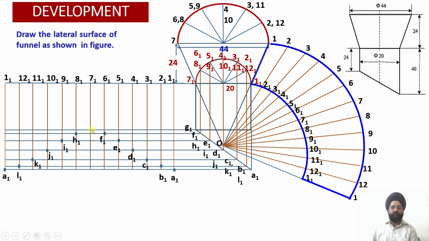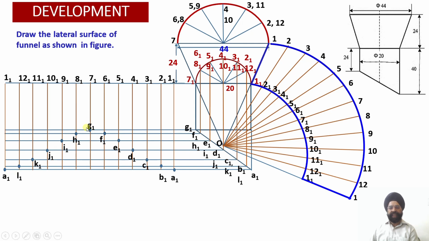And finally, the last point corresponding to this cylinder is G1. Where does G1 lie? G1 lies on the vertical generator 7-1. This is the point of intersection of the cutting plane with the vertical edge 7-1 of the cylinder. This is the locus line of G1. Let us locate the 7-1 vertical projector through this edge. This is the 7-1 vertical edge or vertical generator, so I get the point G1.